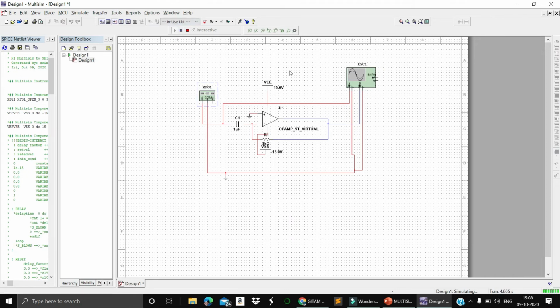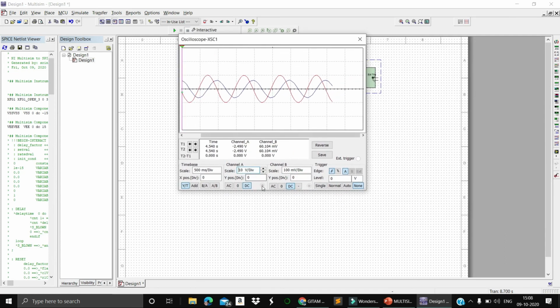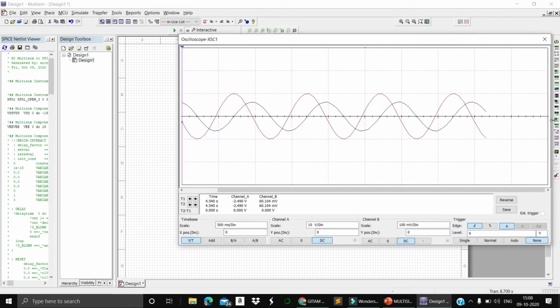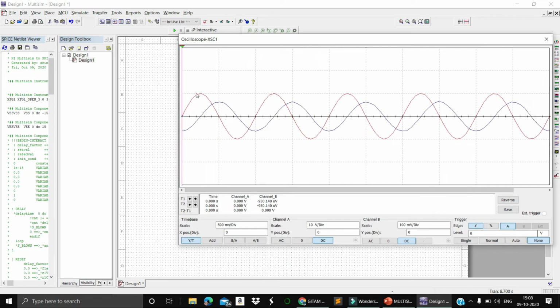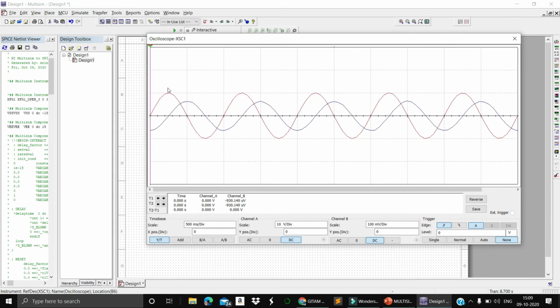Now I run this, then double click on this one. You can clearly observe that I have given the sinusoidal signal, right? To observe clearly, I will extend this one. So sine theta, this is the sine wave, which is in red color. This is the input, and the blue color is the output. To avoid confusion, I have taken two colors. Okay. Next, this is the sine wave. Input I am giving is sine theta.